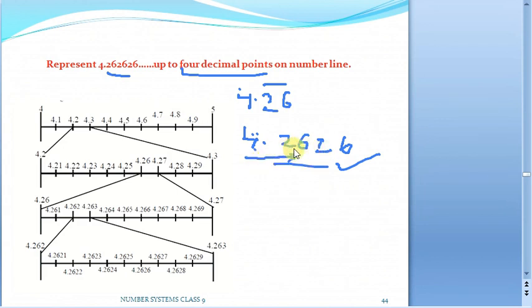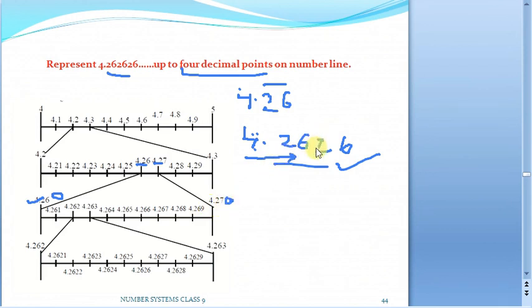It is 4.262. That means it has crossed 4.26 also. So we will take 4.26, and it has not crossed 4.27. So we will take these two into consideration, with 4.26 at one end and 4.27 at the other end. Again magnify it. It will begin with 4.260. If you want to keep a 0 here, no problem. It will be 4.261, 4.262, 4.263, 4.264. Likewise you will have 4.269 and 4.270.